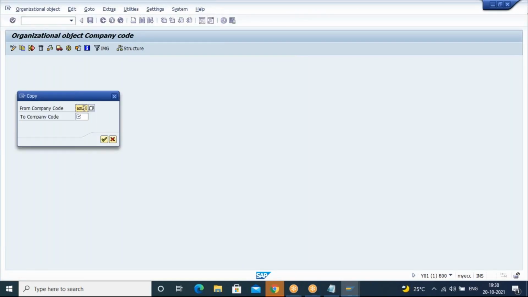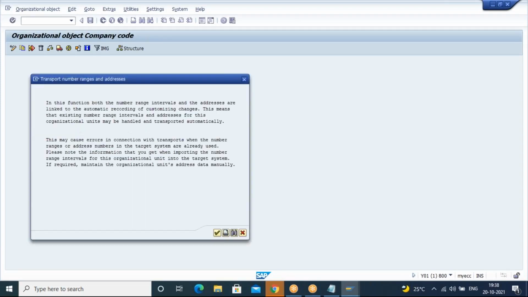AM20 is my current company code, right? But the client wants to delete this AM20 company code, and he wants to create a new company code, that is AM21. Now, instead of deleting AM20, what I am going to do is copy the data all the way from AM20 to AM21, so that all the details will get copied. So then the AM21 company code will get created. Once it got created, after that we can delete this AM20. Now click on the enter button.